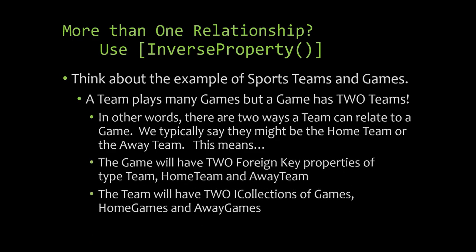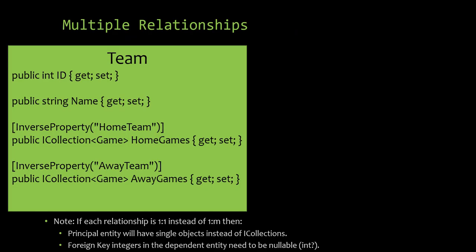So, that is something that we need to clarify then. We have to have two foreign key properties, pardon me, for the two different teams, the home team and away team. And we'll have two ICollections in the parent, right? So we end up